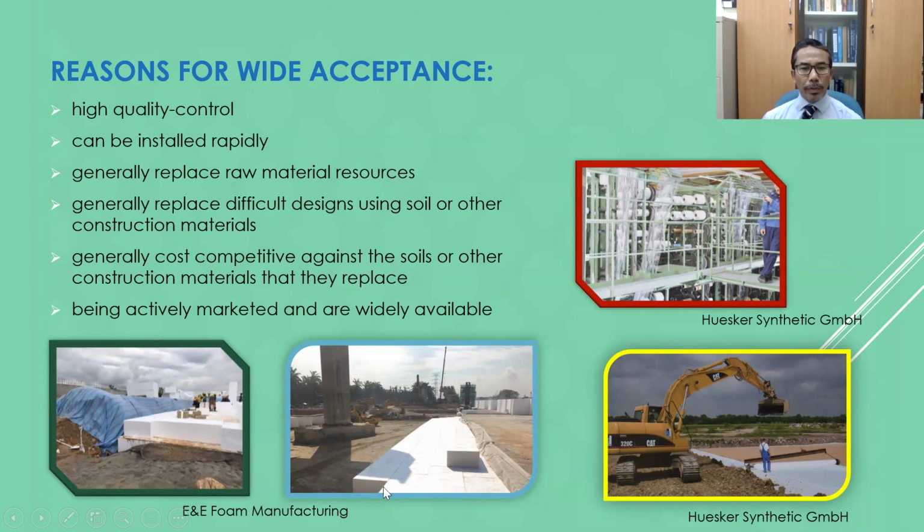These two photos show the use of geosynthetic materials, which are in the form of blocks here, being installed to replace natural materials such as earth, sand, or gravel. In terms of performance, these geosynthetic materials may perform similar to natural materials or may perform better than those natural materials, because the geosynthetic materials, which are basically a plastic material with the characteristics, properties and quality